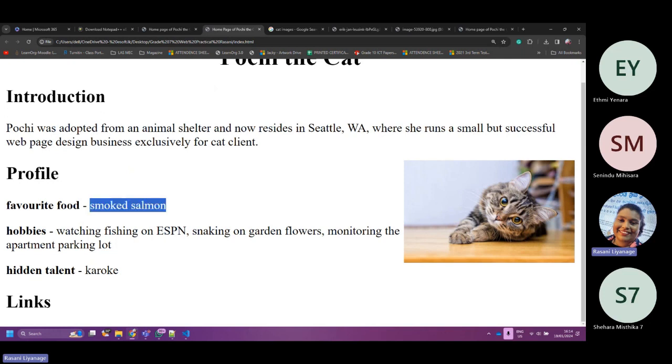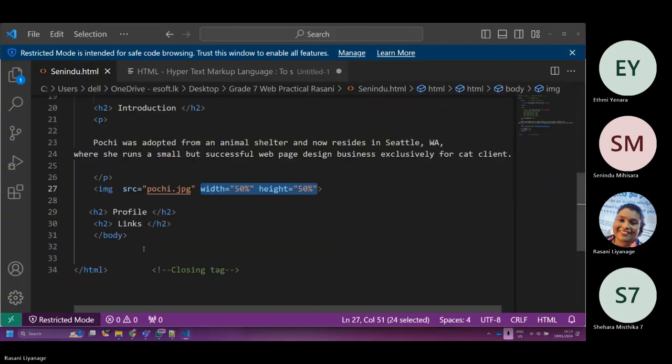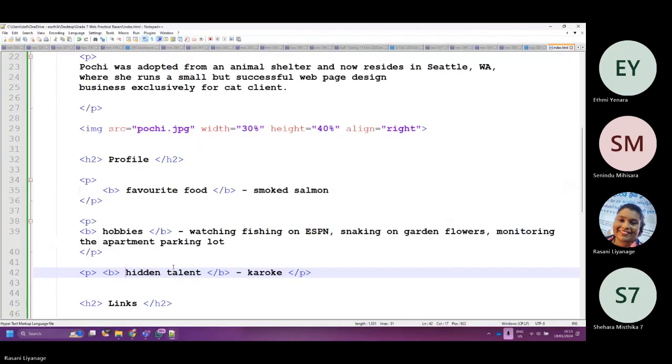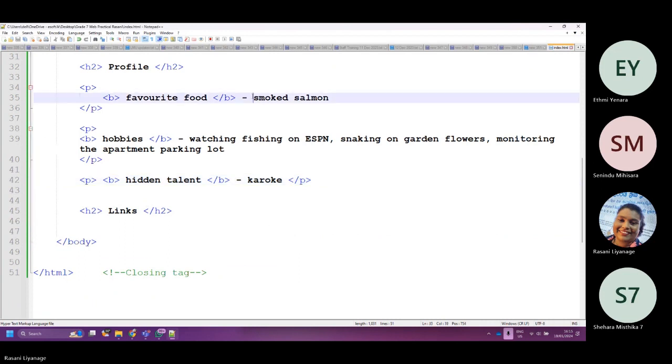Then for smoked chicken, watching fishing, and karaoke, I'm going to give italic. Italic is I. Make sure you close it.